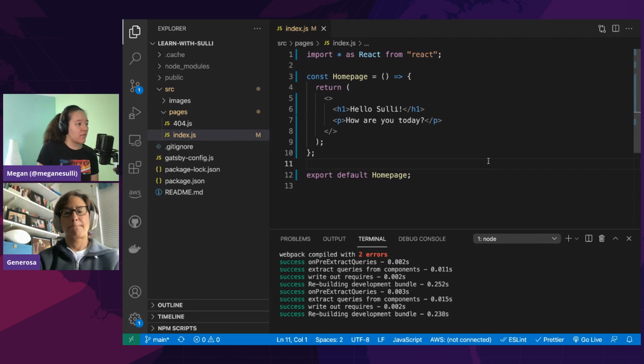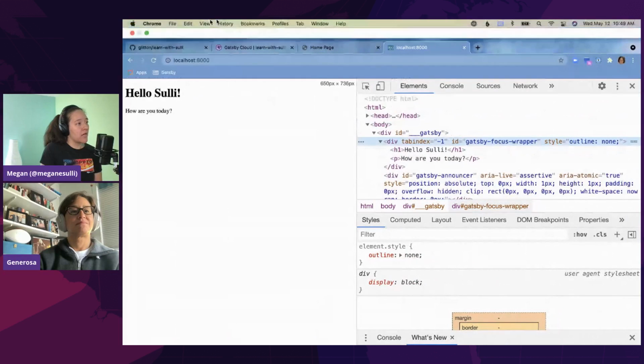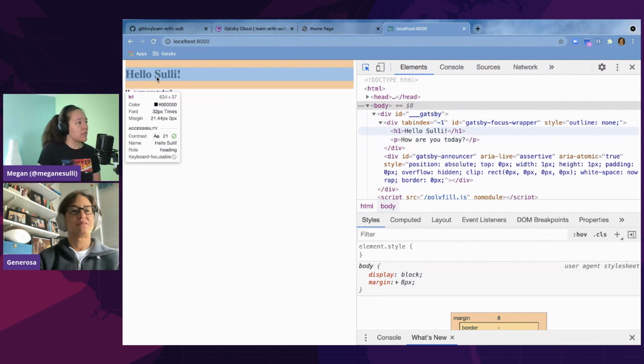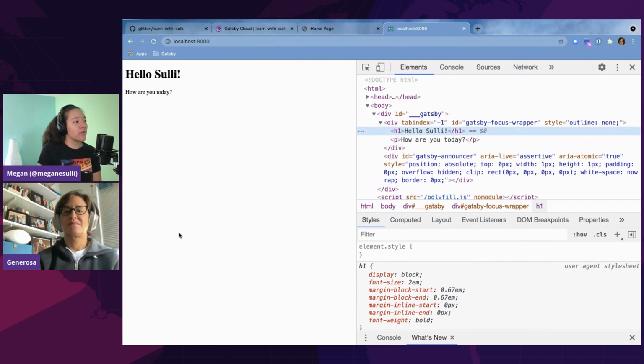So now that it has finished building, we can go back to our code. Okay, and now if you select that thing again, you can see that extra wrapper div is gone. There's still this div from Gatsby that Gatsby creates, but the nested one isn't there anymore. So that's a way to keep your DOM structure a little tidier. Nice. Great. So we've done it.